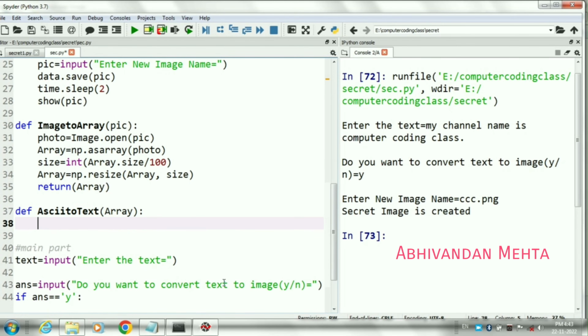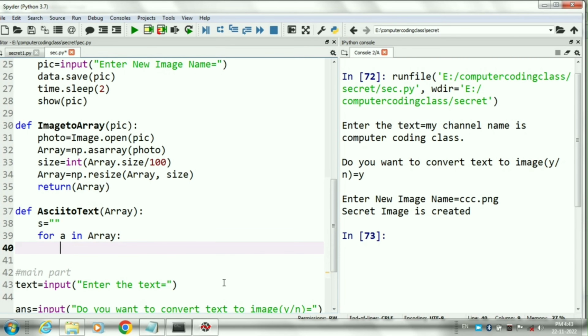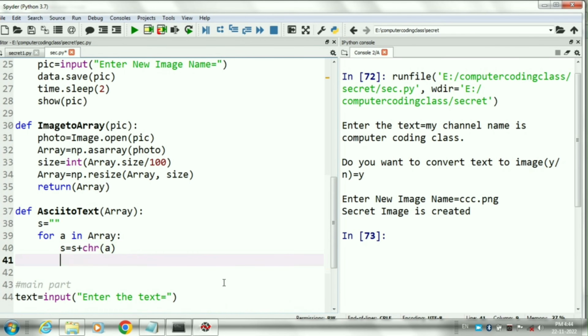In this function, first of all, we will create a blank string whose name is S. Next, by using a for loop, we will access each ASCII code of the array and then by using the chr function, we will convert that ASCII code into an alphabet and then we will concatenate that alphabet with our blank string S. At the end of the function, we will return the string S.